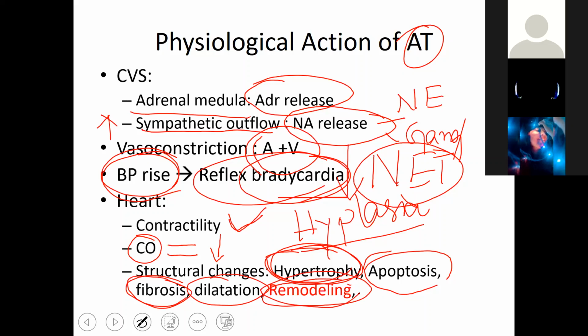So any drug which inhibits angiotensin or the formation of angiotensin from the precursor, particularly ACE inhibitors, or if we give a renin inhibitor, or an angiotensin receptor antagonist, will prevent this remodeling. Okay, this ventricular remodeling is the main cause of death post myocardial infarction. After myocardial infarction, in the long run or in congestive heart failure, the main cause of death is ventricular decompensation, which is because of this remodeling.